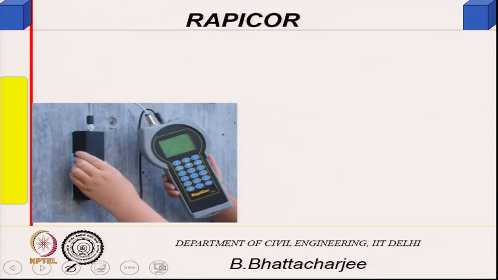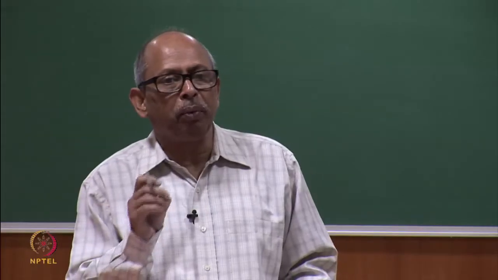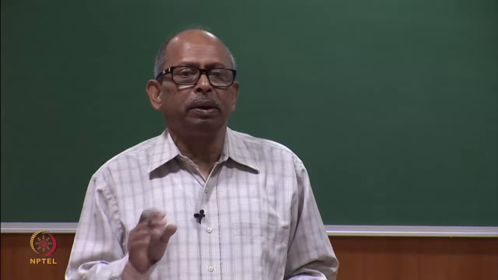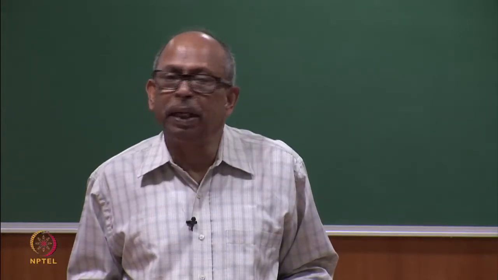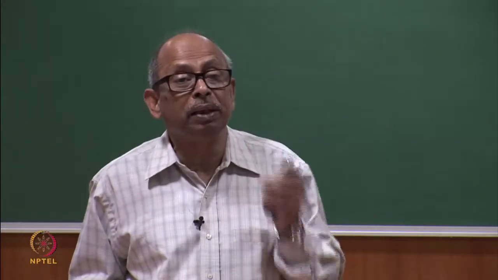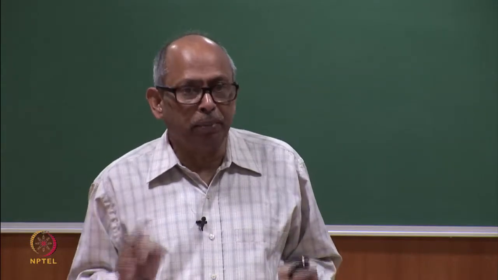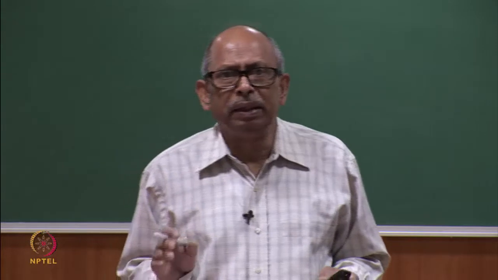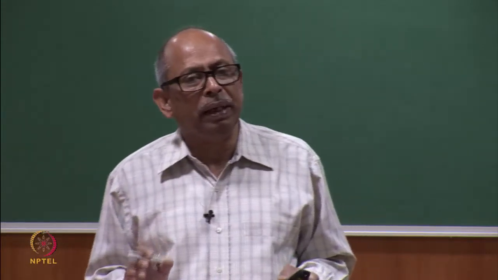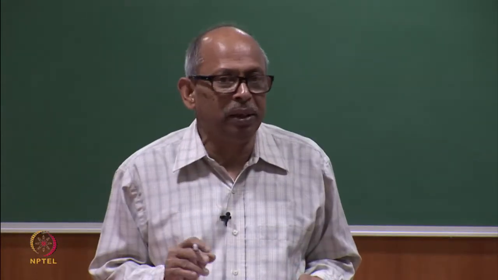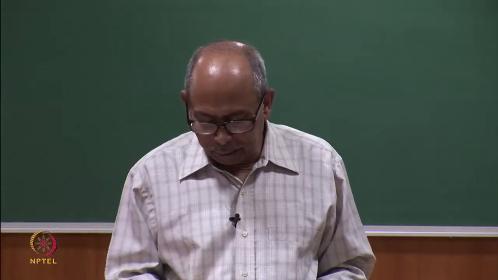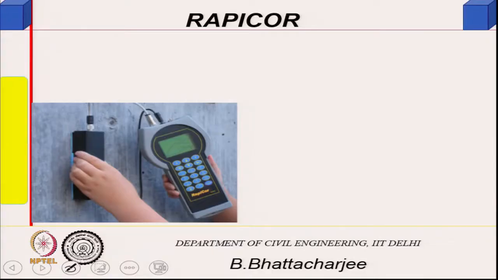For example, this is one of those, Repicor. But again, the reliability of these measurements, what the true corrosion rate is, is rather relative. You can possibly say that at a given place the corrosion rate is higher and at another place it is lower. Absolute values can be validated in the laboratory, but actual site validation is not very easy, but people do measure. This is what the instrument looks like, Repicor is one of them.